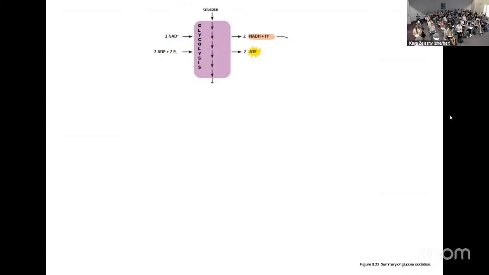So going through our whole diagram in full of what we've covered. Right, we start with our glucose molecule, C6H12O6. During glycolysis, we used some NAD, so our oxidized form of our electron carrier, and reduced it, giving us some NADH. That's going to get shuttled into the mitochondria to be used as part of the electron transport chain